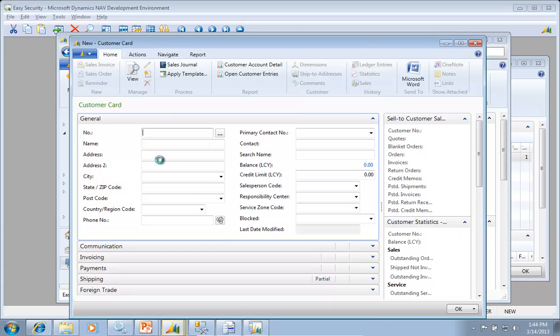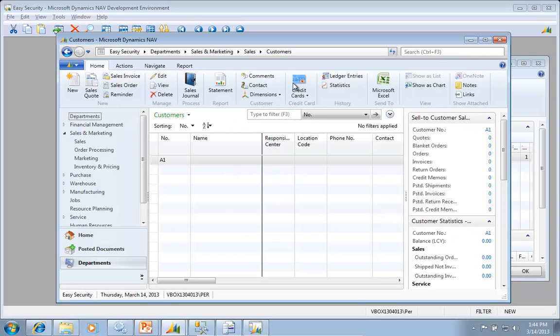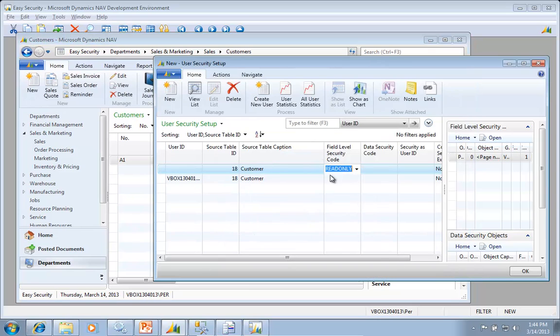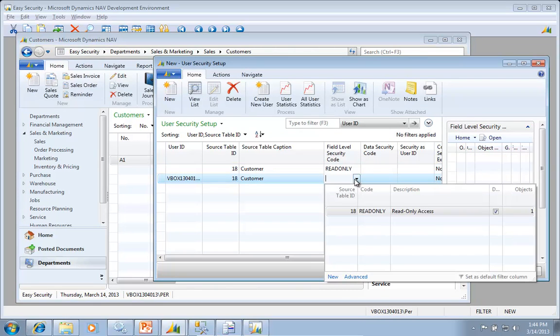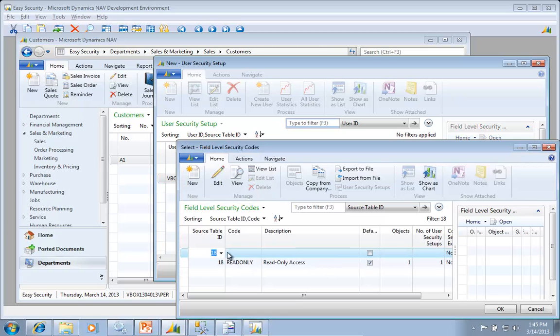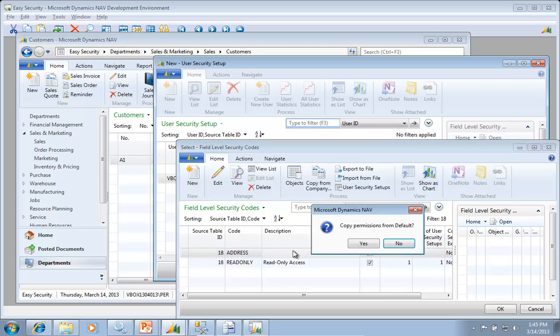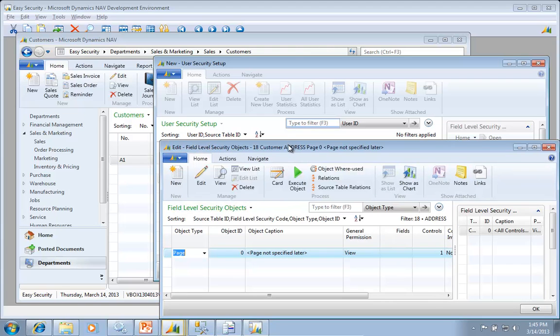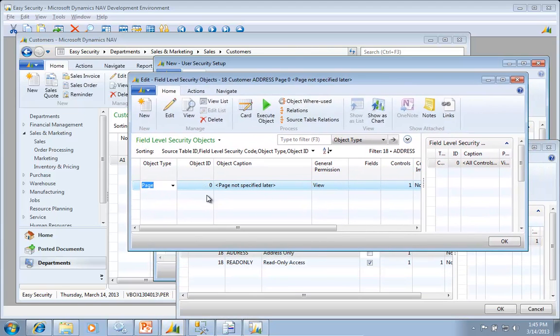I can go create a new user or a new customer. So every field is normal up there, and I have everything in my listing. If I go create another setup, I have my read only, but let's go in and say I want to create a new one. I want to copy permissions from my default. I can look at individual objects, and currently I use page 0 in here, and it's set for view, so I can only